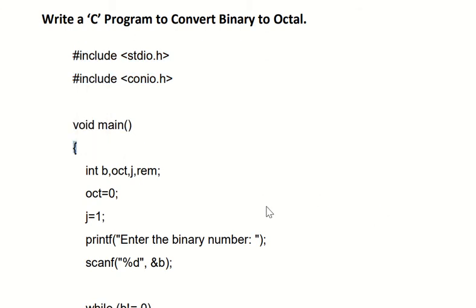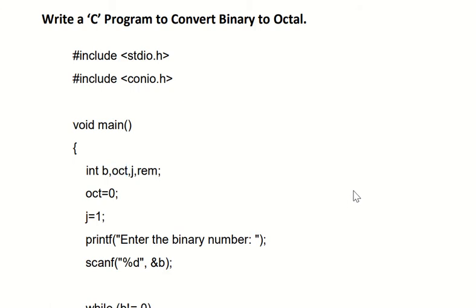Now we have used some variables in this program, so I will tell you. First of all, integer b. When we ask the user to enter the number in binary format, we require one variable, and the name is b. After that, second is oct, which is for octal, meaning while printing our answer we also require one variable, and the name is octal, or you can say oct as the short form.